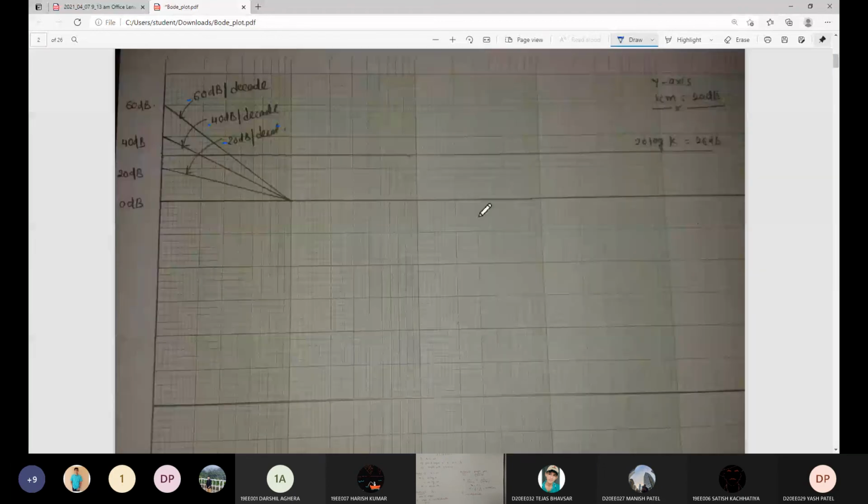Okay, so I will draw the line at 26.02. It will be like this. From here to here I have drawn the line of 26 dB per decade. I have not drawn it exactly to scale so that it is visible to you, but it is 26 dB per decade. Okay, it will be minus, minus and minus. Done. First part is over. 20 log K is equal to 26 dB. Done. Any query?